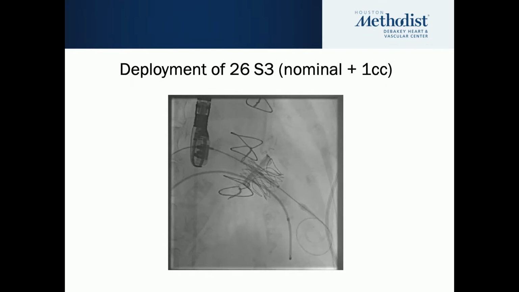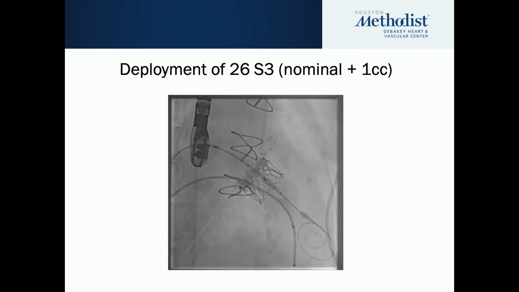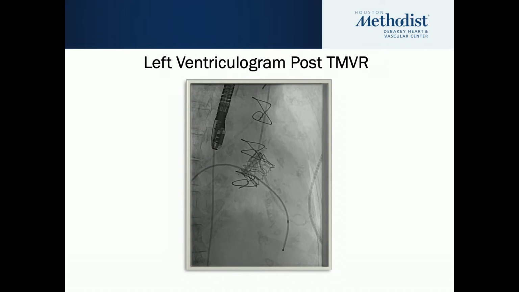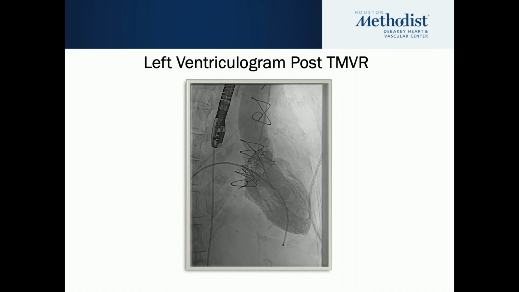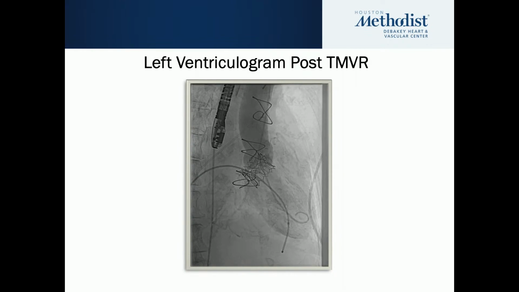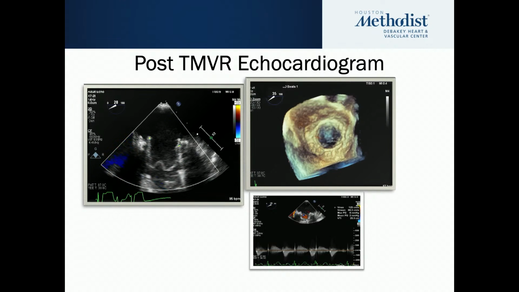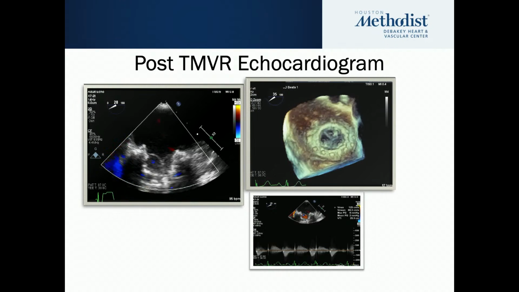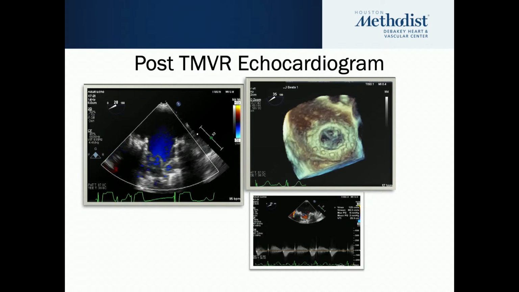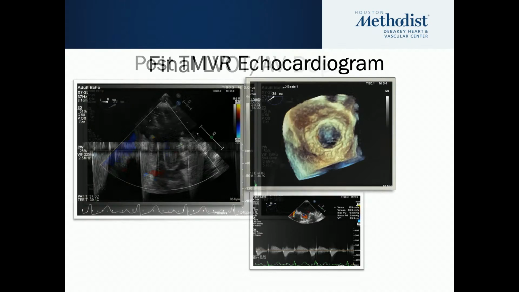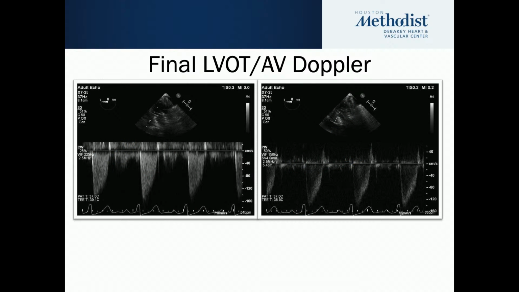So this is the valve going up, this went pretty uneventfully. And this is the left ventriculogram post TMVR showing no mitral regurgitation and no obstruction to LVOT flow. The post-TMVR transesophageal echo shows normally functioning bioprosthetic leaflets and a mean gradient of 2. And this is the final LVOT and aortic valve Doppler profile. On the left-hand panel is the continuous wave Doppler showing a peak velocity of less than 1.5, and the LVOT velocity was again